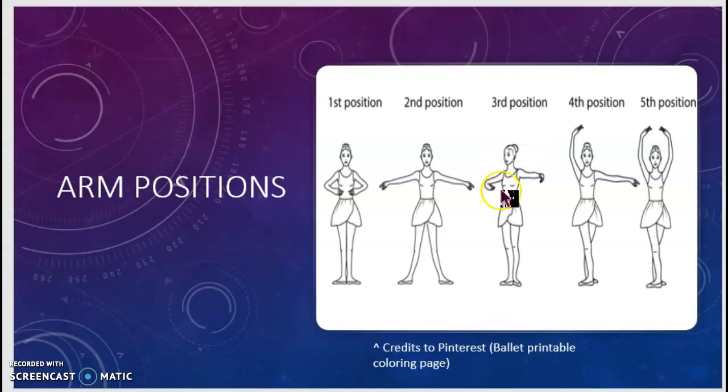Moving on to third position, and fourth actually, it depends on which foot you're putting in front first. The foot that you're putting in front first, you'll have the hand you're putting first actually. So if you're putting your right foot first for third position, you want to have your right arm doing this curving here. So you want to just curve in the arm, kind of like a half first position with the first arm,